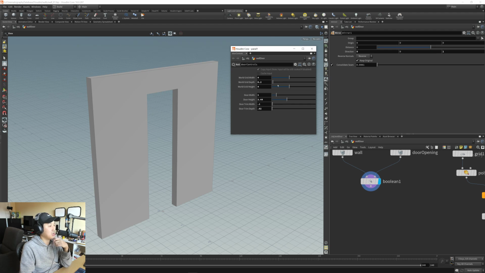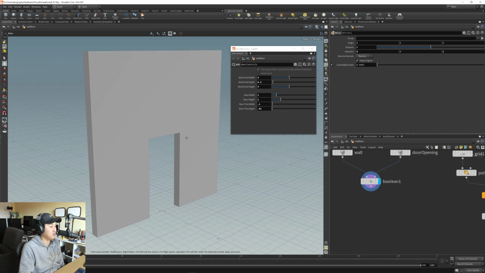If I change this height, it needs to change the range of this to be like this minus 0.1 or something, so it hard limits it. Because if I push this through here, then my face selections become invalid, and it breaks in Unreal, and I'd have no way of fixing it. Or don't make the door bigger than the wall, but it would still be nice to force that to be